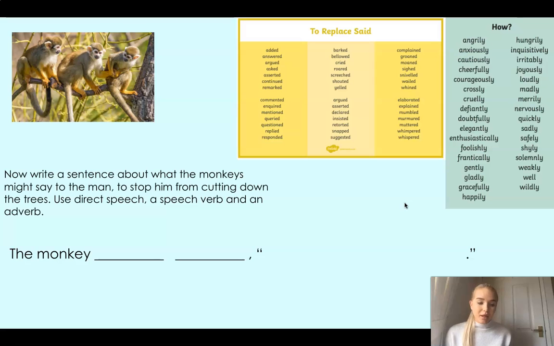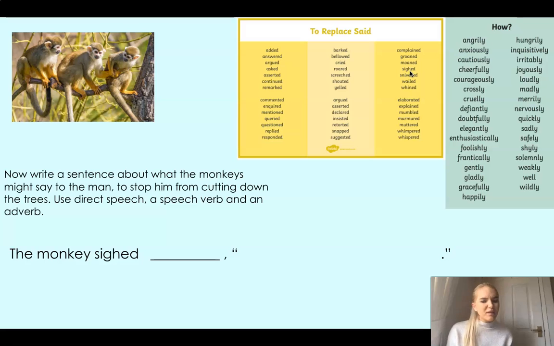So one of the things that we mentioned is that yes, the monkeys need to swing from branch to branch to basically run away from their predators, but also to get their prey. So I'm thinking, how might the monkey say that? Well, if he knows that he's going to be sad about that circumstance, we're going to look at our replace said. Well, sighed. The monkey could have sighed. That's when you're sighing about something. You're feeling a bit disappointed. And that's how the monkey might be feeling.